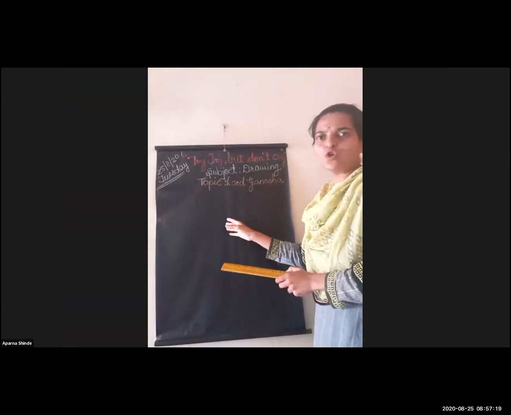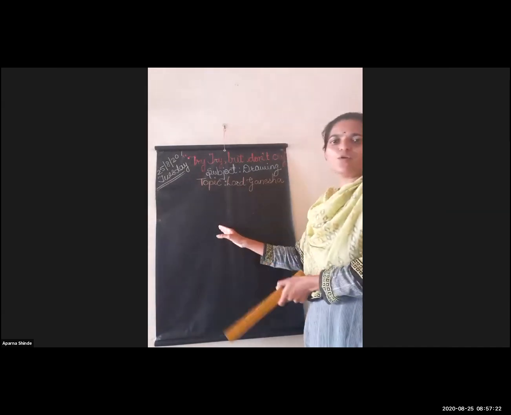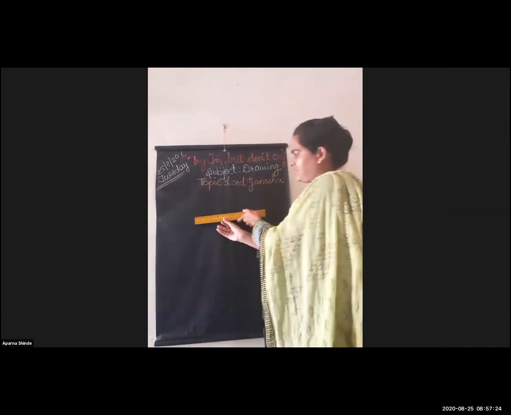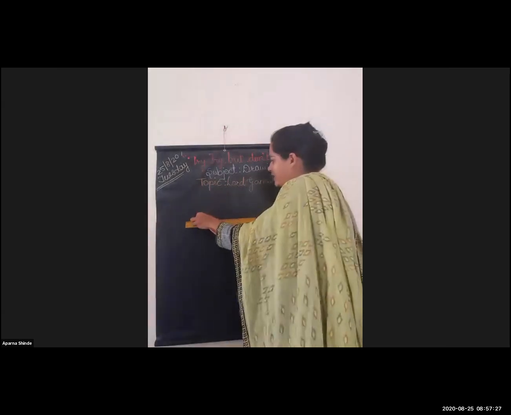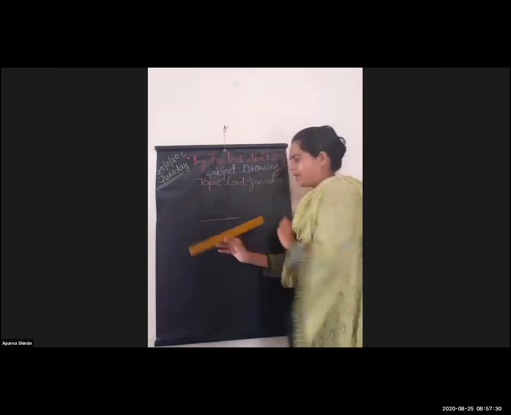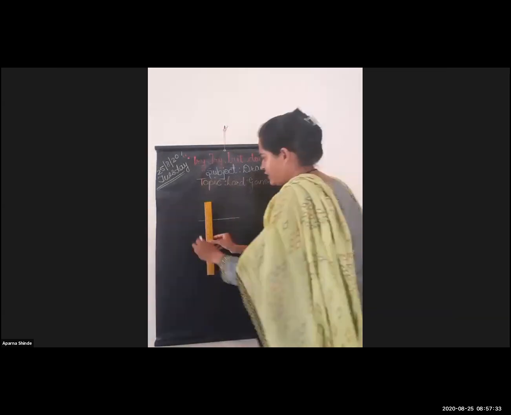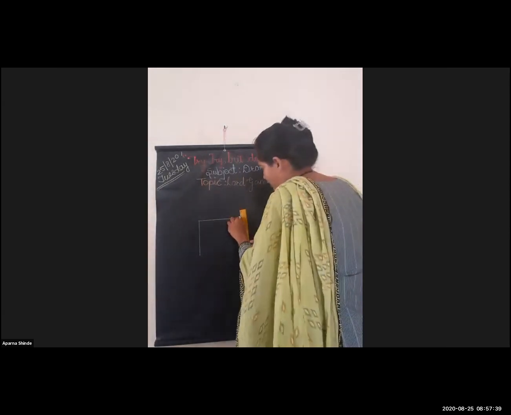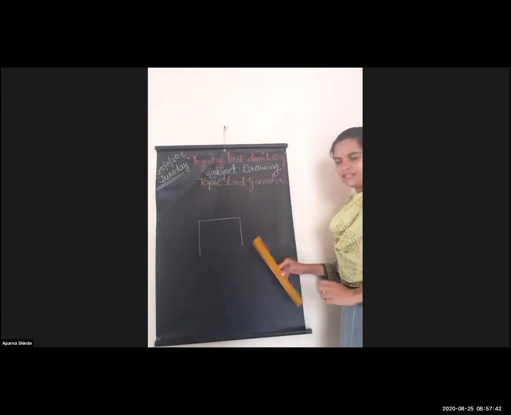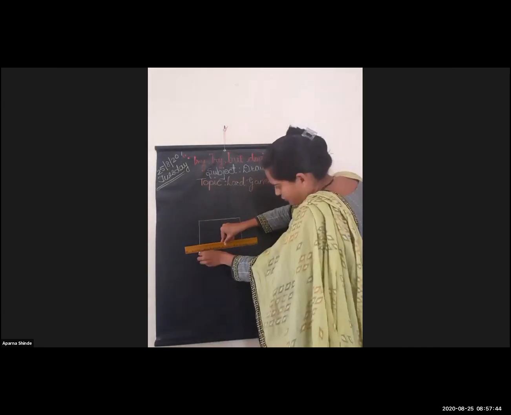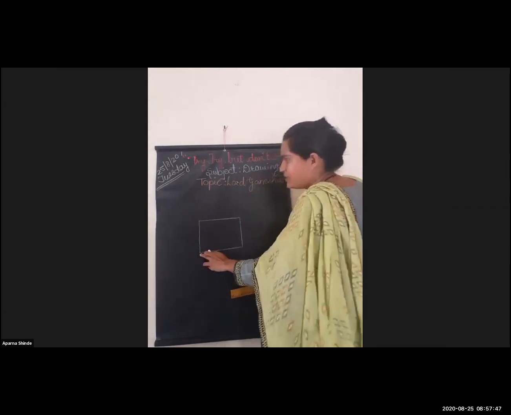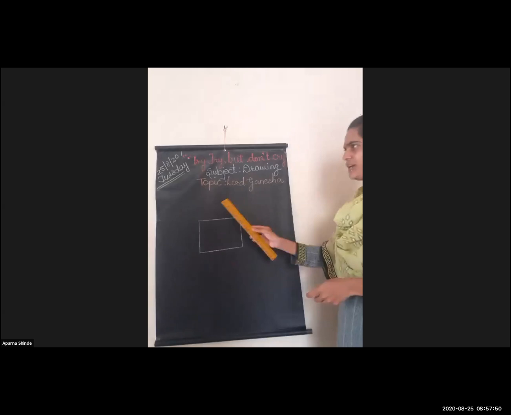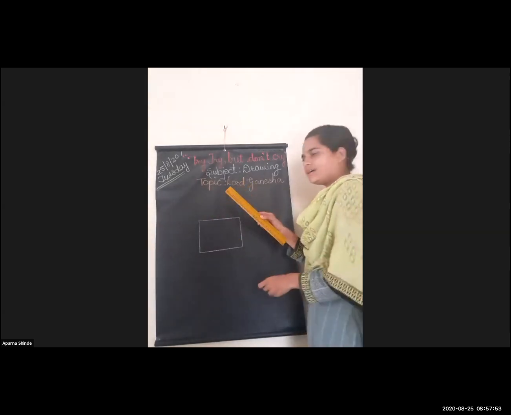Can you see a blackboard? Now I will show you how to draw a picture with the help of the basic shapes and basic lines. See, draw here one line. Okay. Again you have to draw here one line. Draw here one more line. And draw here one more line. See which shape is this? This is square shape.